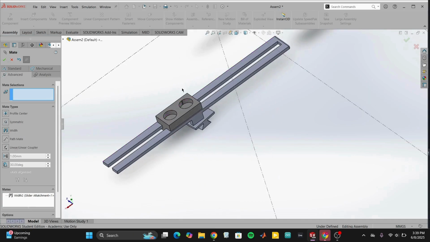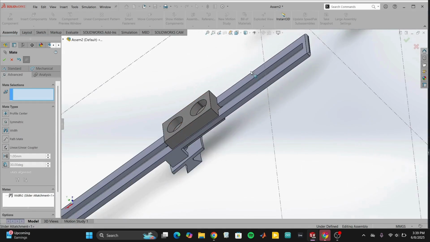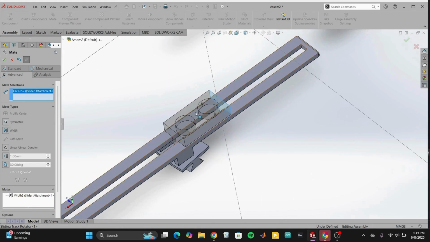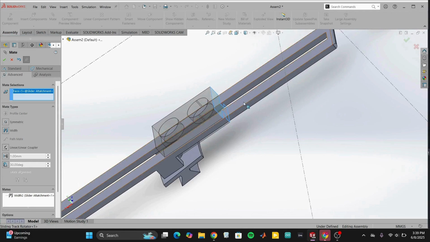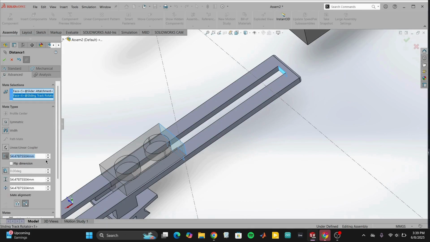and it's staying in place except for the fact that it goes beyond the part, so we have to attach a limit mate from the front face of this attachment to the slide rotator plate. Now we have to specify this under advanced as well. So we choose an arbitrary distance of 180 millimeters. You'll see why in a second, but we'll make sure that this is further specified under maximum and minimum of 0 millimeters because